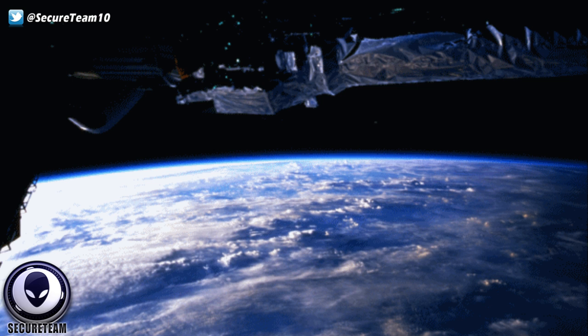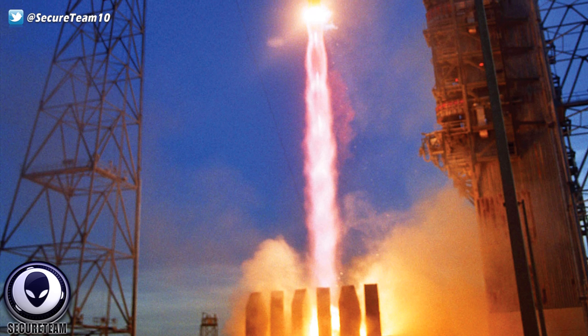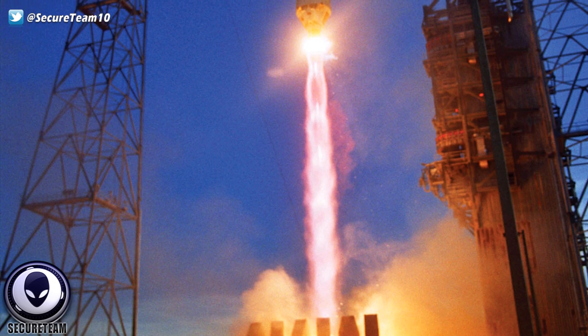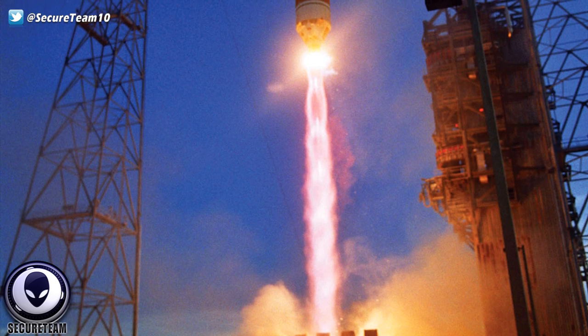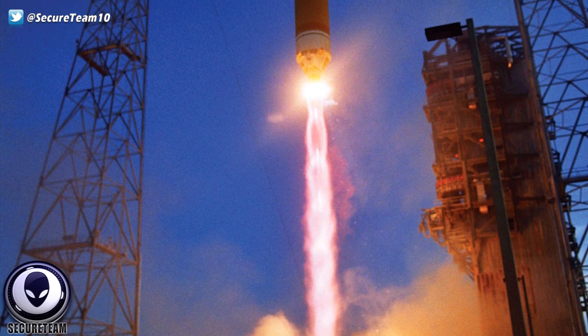They detected this object, massive object, orbiting Earth, changing direction, and then disappearing. And it's very strange that this secret, once again, surveillance satellite, they wouldn't even say it was surveillance. They said it simply was classified, was using the Black Knight as its official emblem. So again, 2 more so-called secret spy satellites are being launched into Earth. They were launched. They're successfully on their way 23,000 miles above the Earth at this point. And we can only imagine what their purpose is and what they're looking or watching out for out there in